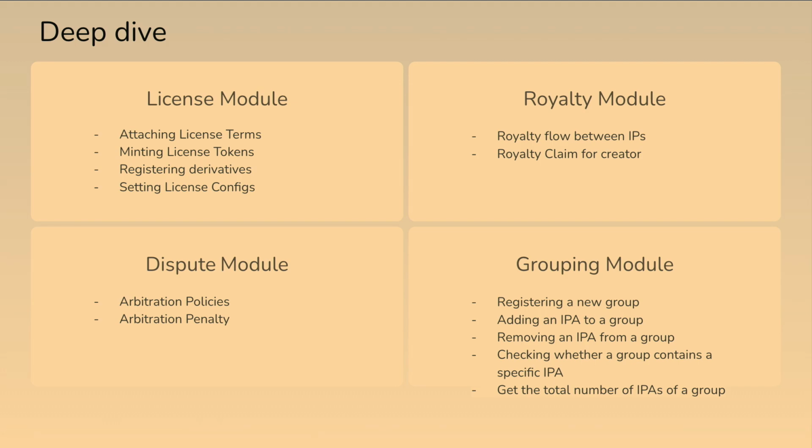One of the other use cases we are looking at is AI model training. Imagine you have a lot of image IP assets, and you want to use them for model training. You can't really interact with each image IP asset, as it would take a very long time and also be very computation heavy. So with the group module, you can just bundle all the image IPA into that group, and the model will directly interact with that group rather than each individual asset.